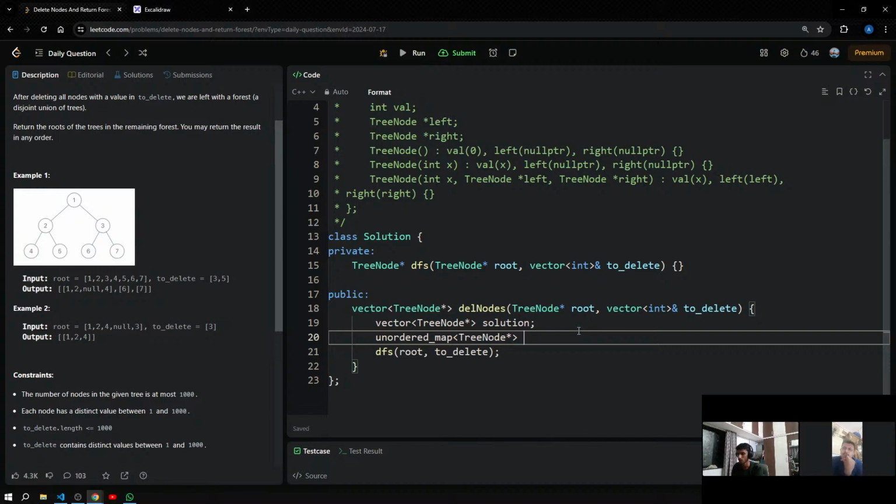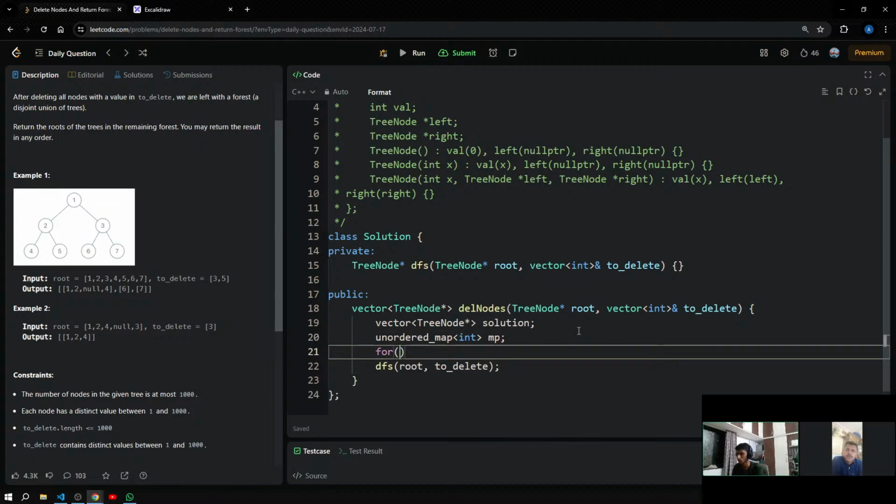We are passing the integer only, right? Vector of integers. So this will be our map, and for int a in